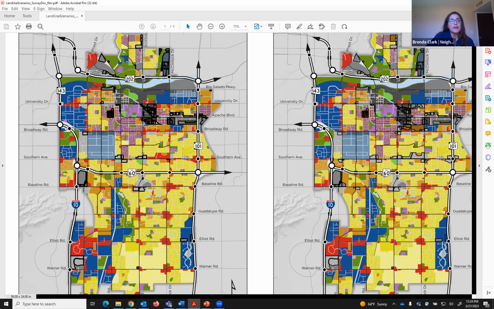And then Jacob, the areas in black, those are the ones where changes are happening, right? Correct. Sorry, I forgot to mention that. Anything that's outlined in black is the proposed change. Anything that is just colored in is a result of the combination of the 2040 map. So there's no changes proposed anywhere where there's not a black outline. Thank you, Brenda. Jacob, maybe you can take one lead, maybe the northern portion and just one map and enlarge it a little bit to fill the screen.